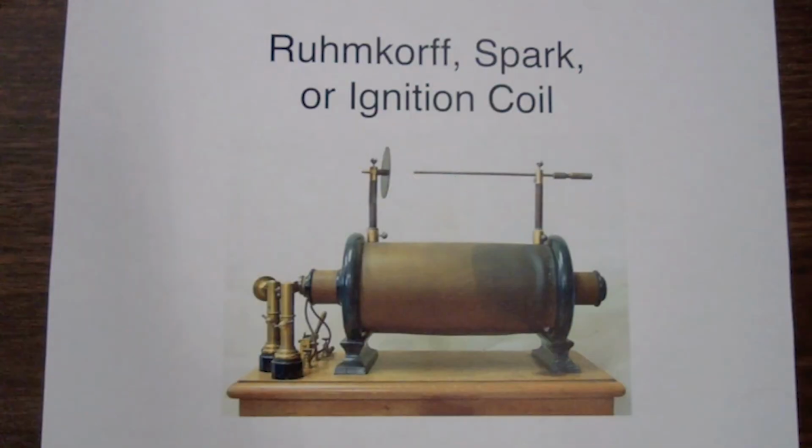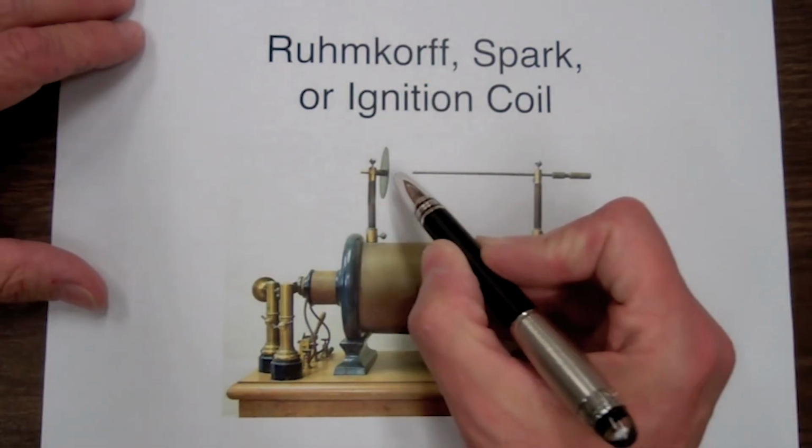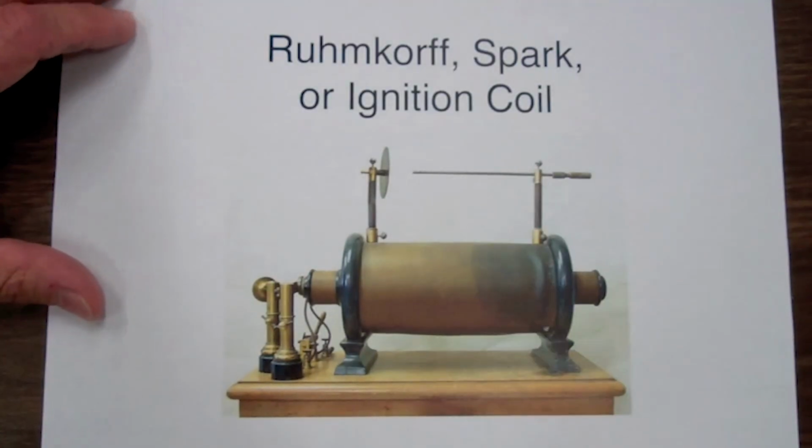A spark coil will take a low DC voltage and generate a very high voltage, high enough to result in dielectric breakdown of the air. In the 1800s, these were referred to as Ruhmkorff coils after Heinrich Ruhmkorff, although they were first developed by Nicholas Callan in 1836. These Ruhmkorff coils were classified by the distance over which you could get dielectric breakdown.